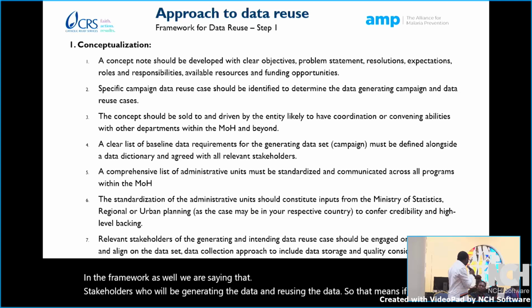Now, as part of the first step is also advocacy, because as you are building the concept, it's good to also be advocating to all of the respective persons within the Ministry of Health who you require to establish all of the data sets as needed. Now, on step 2